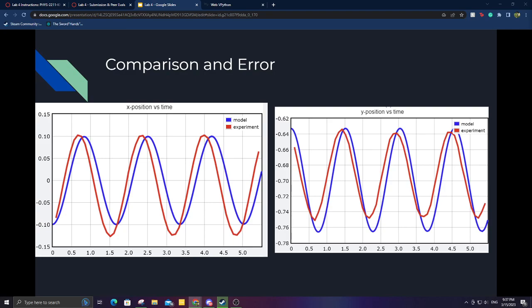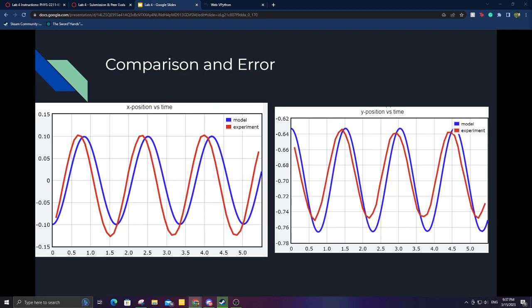The poor frame rate also changes the shape of the observation graph as seen. It makes it much less smooth and a bit more choppy. As you can tell, the red one has some harder lines compared to the smooth blue one. Another thing to note is the difference in amplitudes. On the x position graph, the experiment has a slightly greater amplitude, while on the y position graph, it is